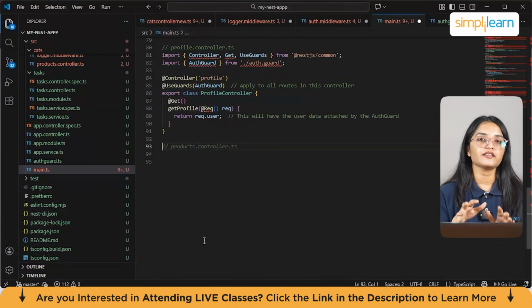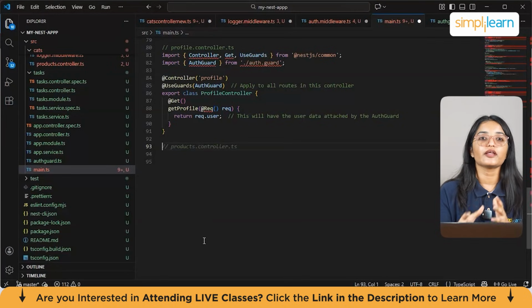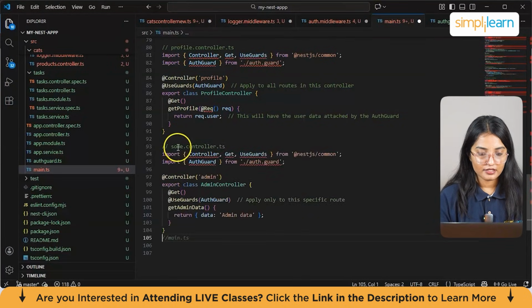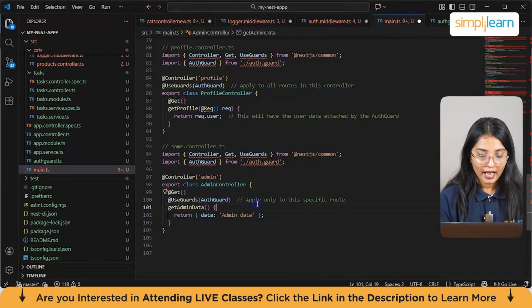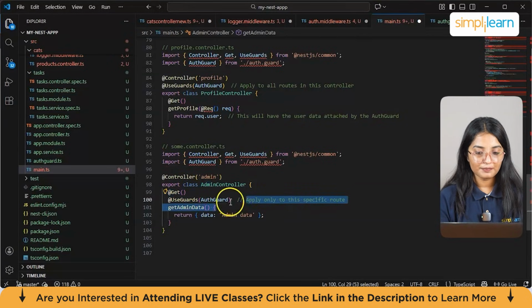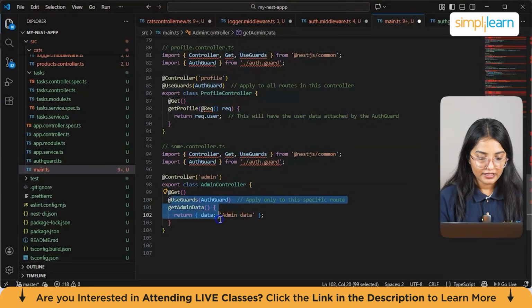Now you can also apply the guard on individual routes. You can apply the auth guard to specific routes as well. So let me show you the code for this. This is for the admin.controller.ts. Import Get, import AuthGuard, @Controller('admin'), exporting the class AdminController from here. And this will be applied only to the specific route from here using @UseGuards(AuthGuard), getAdminData, return